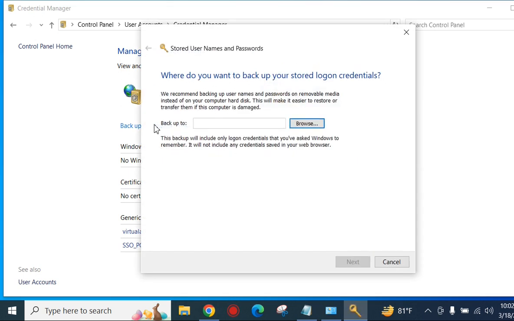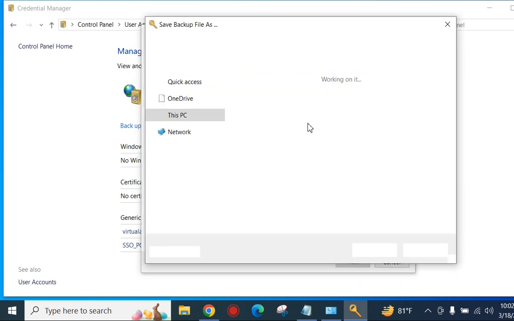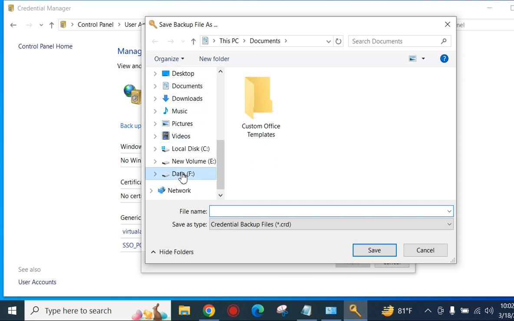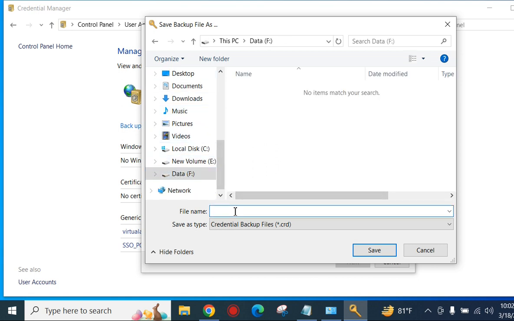backup credentials and click it and browse which folder. We select data and give a name, password, and category, backup file CRD,